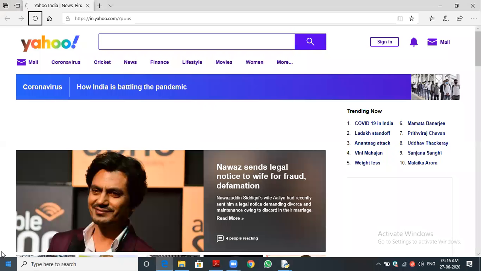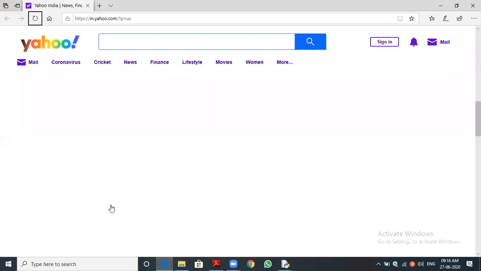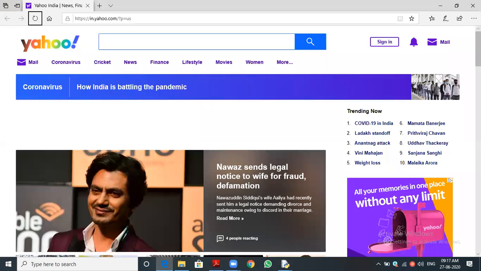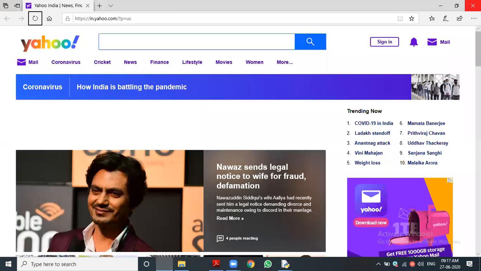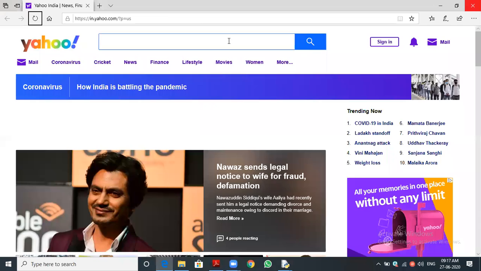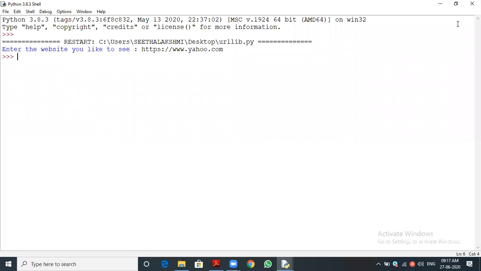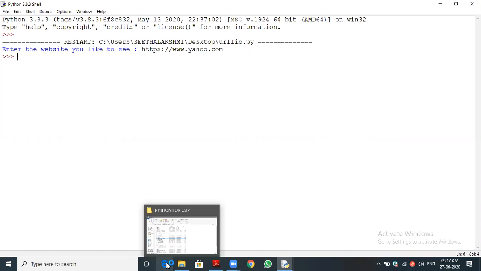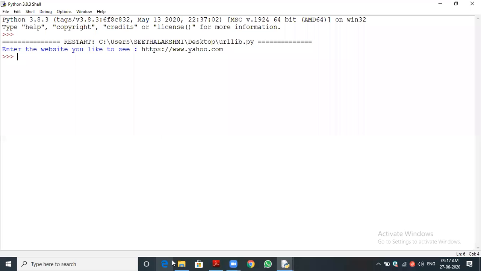Are you seeing that? How to open a website through our program? Have you understood? Yes, sir. I'm just closing it. So we mention the website and it will open automatically. I think in our computer the default web browser is Microsoft Edge, not Internet Explorer. That's why it opened via the default web browser. Have you understood this one?